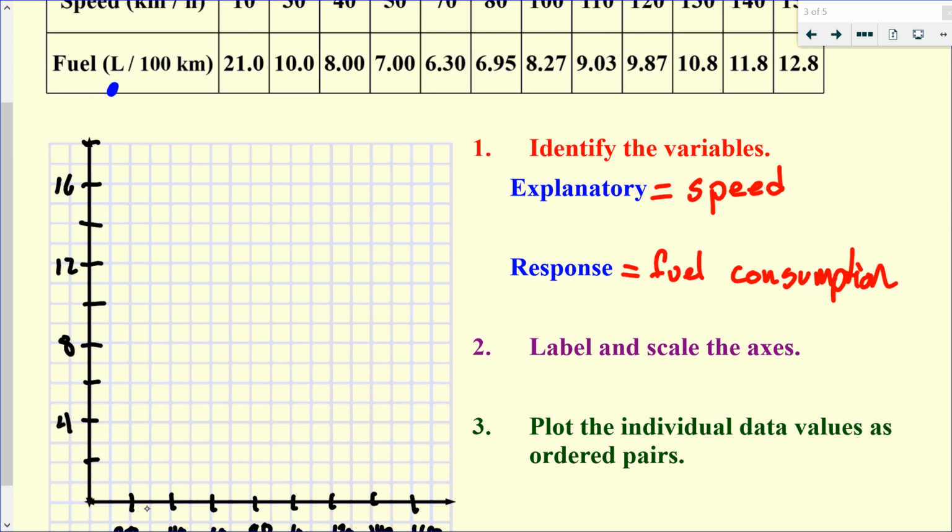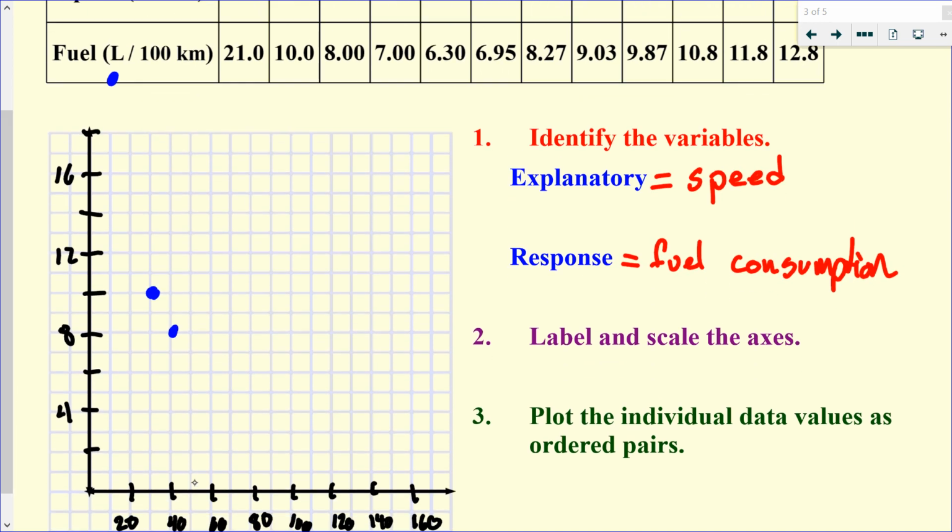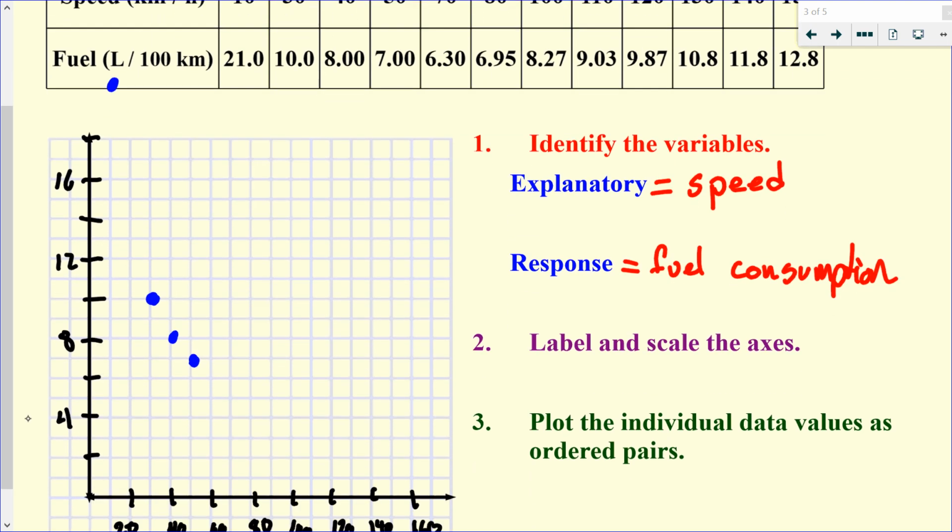And we've got 30 and 10, 40 and 8, 50 and 7, 70, 6.3, 80 and almost 7, 100 and 8.25,